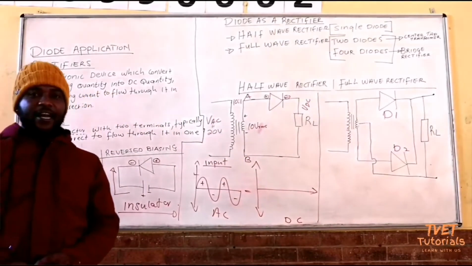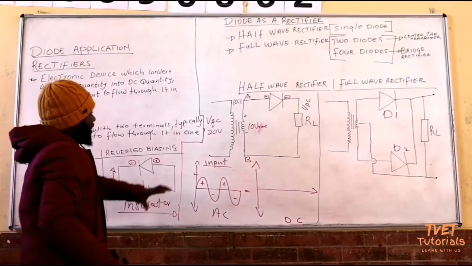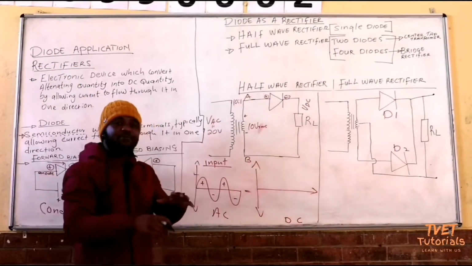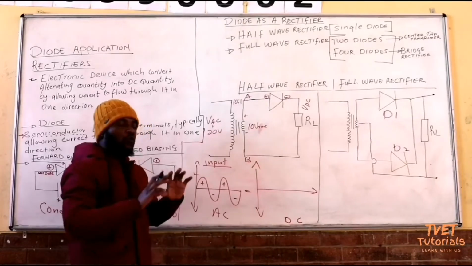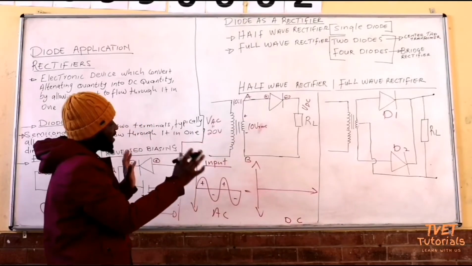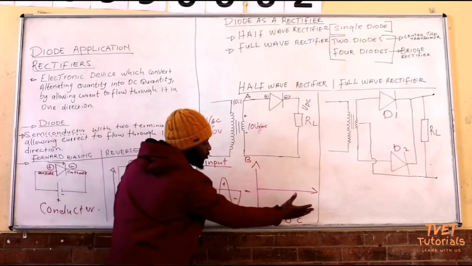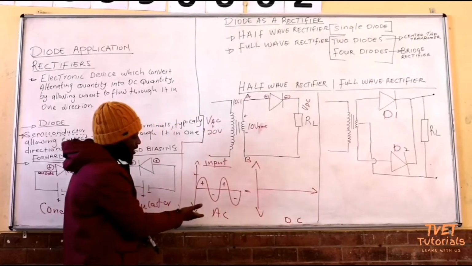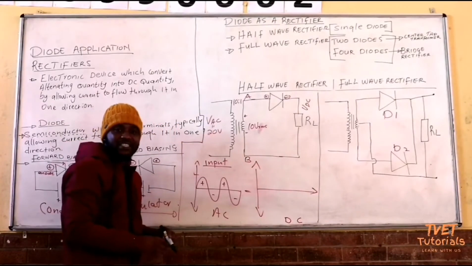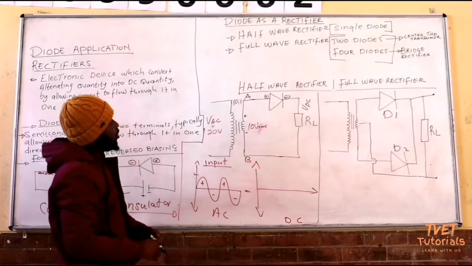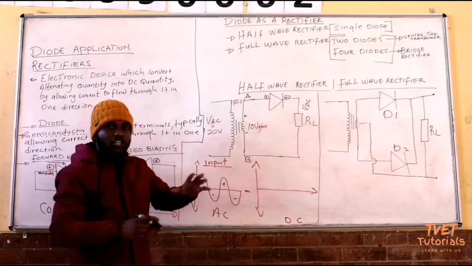So if we check here, during the positive half cycle, we are now trying to find out how do you draw the output if you are given the input as AC. How do you draw the DC output? Now, during the positive half cycle,